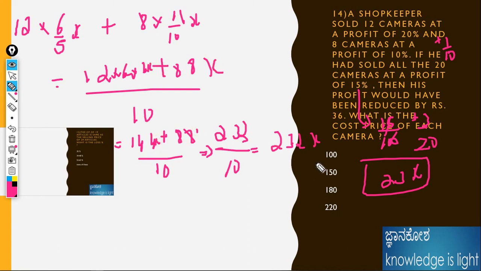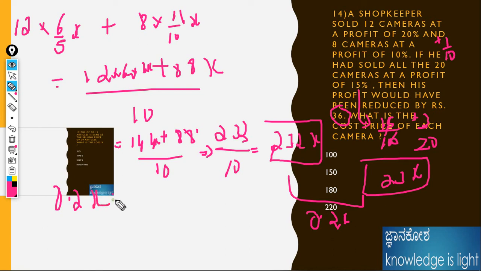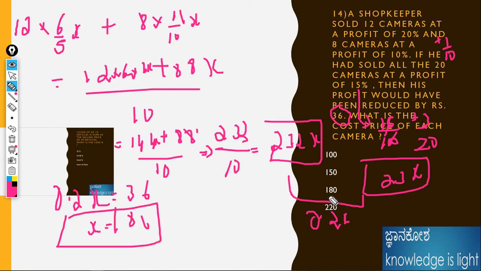This x is there, don't confuse. I don't know exactly the price, but that's why I'm taking x. What is the difference between these things? 0.2x. The given difference between those things is 36. They have given the difference, 0.2x equals 36, so x is equal to 180, that is the answer for this question. How is it coming? 0.2 is 2 by 10, that means 360 by 2 is 180. I calculated it in my mind, that's why I wrote 180 directly.